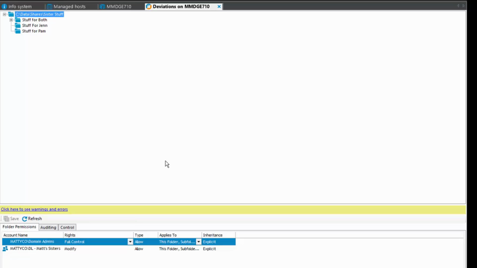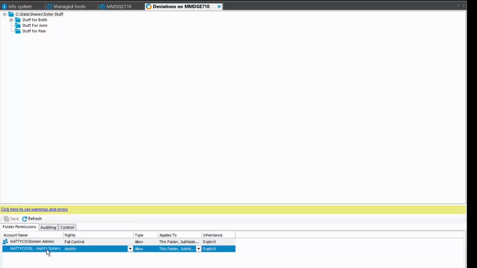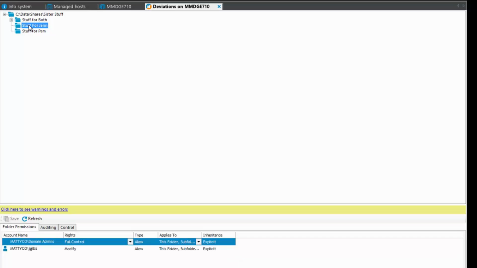So on the sister stuff folder down below, you can see that the domain local Matt Sisters group has access. And within the domain local Matt Sisters group, there's a global group. Within the global group, both of my sisters are in it. So both of my sisters are on the parent folder, and both of them have access via their membership in groups. Underneath that parent folder are these two subfolders, Stuff for Jen,